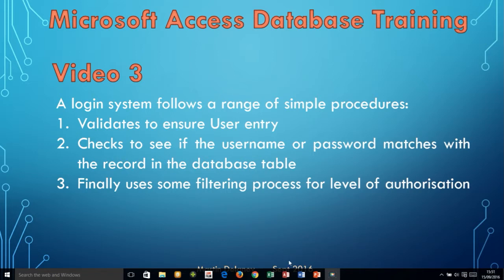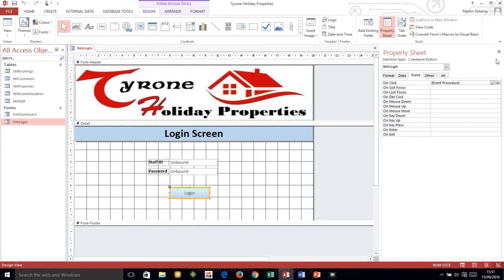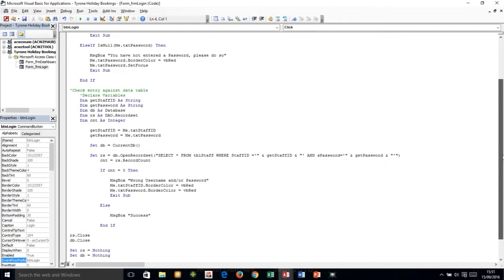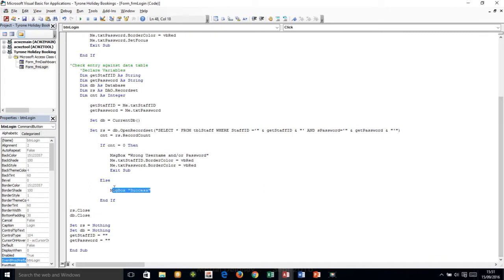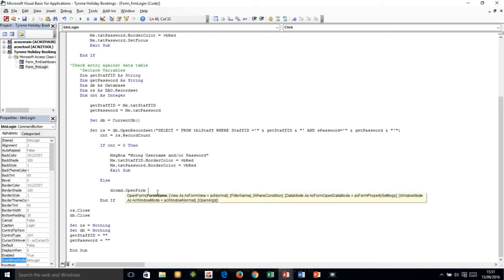So what we want to do now is basically go to that little part of the code where we've got the message box success. So we're saying it's now passed all them stages, the validation, it's checking, and the check now is returning a record count of 1. And in here now we want to actually do a command. So do cmd, we'll do any command within Microsoft Access. And the command that we're going to do is we're actually going to do a Microsoft Access command, which is an open form. So we're going to open up the form, and in inverted commas we're going to put the form name, which is FRM dashboard,